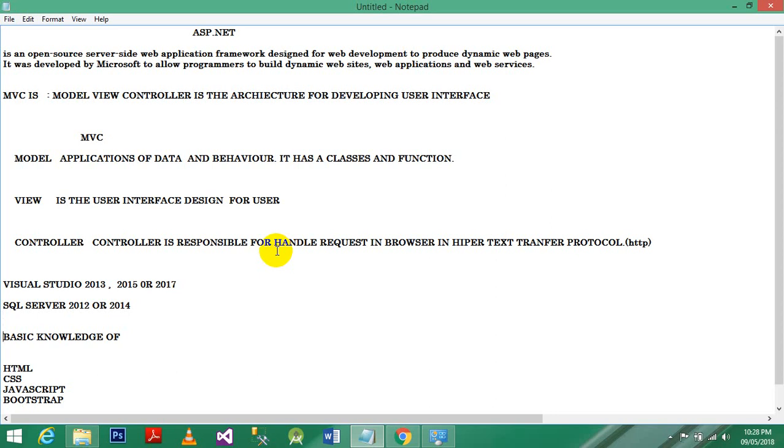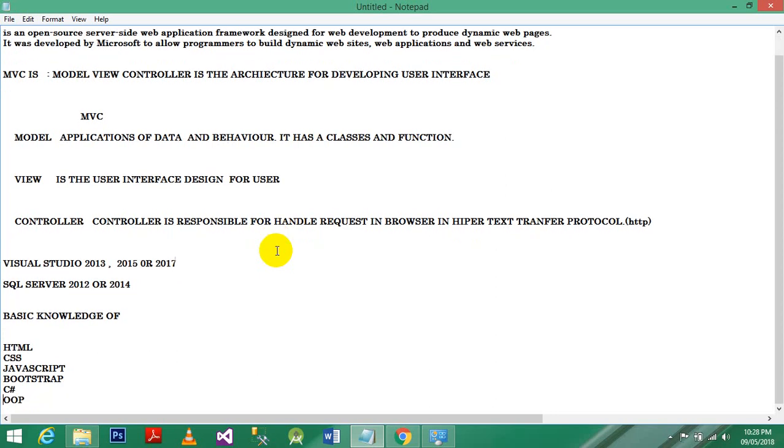Okay, so this is our first session for the brief introduction, and finally you should have some knowledge about C# and OOP. OOP is object-oriented programming. It is a concept that is used in C#, Java or different programming languages. Okay, so this is a brief introduction about